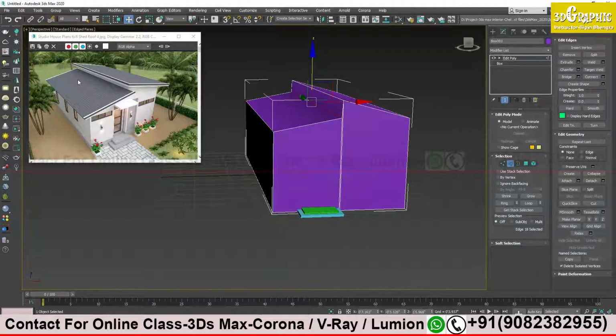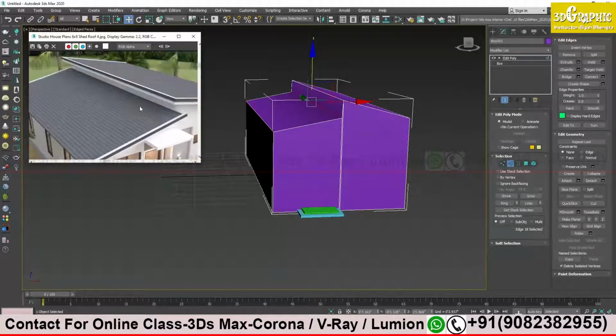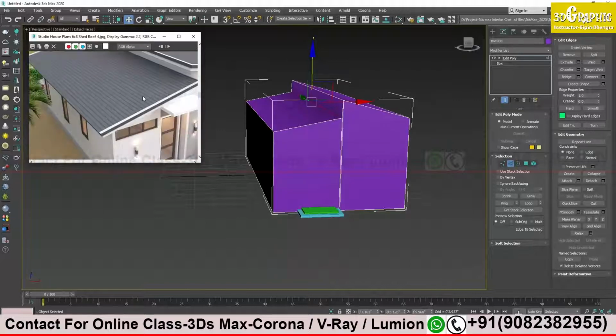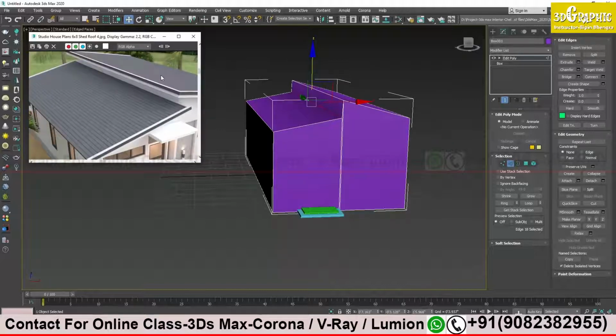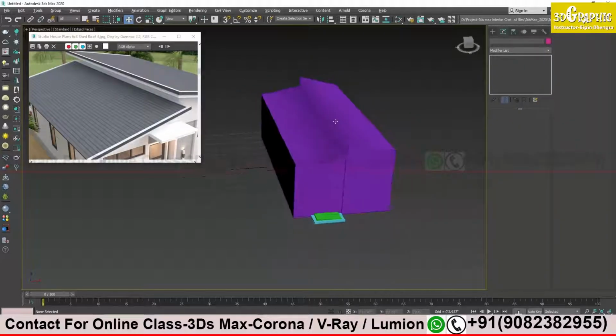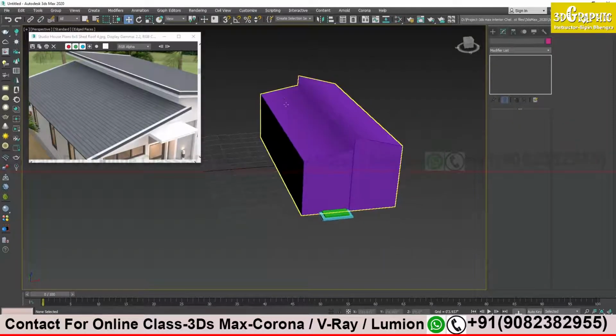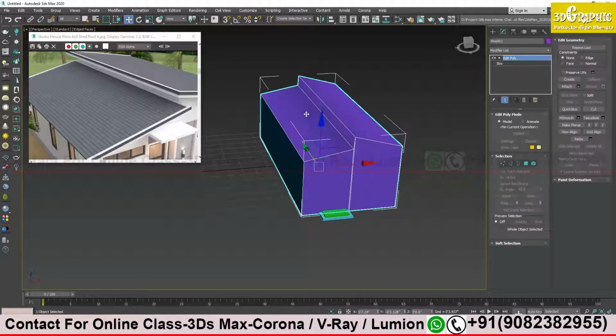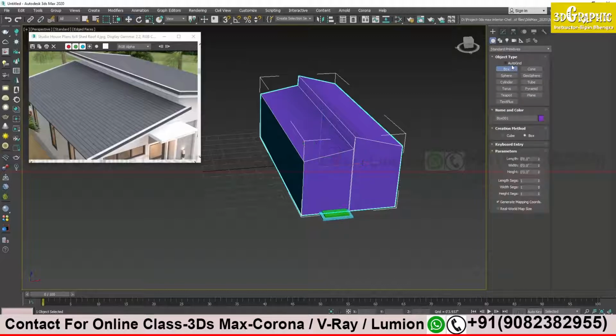Now to create the roof, I can create another box, and that will be fine, because the material applied is different from my wall, the black kind of tiling is there, so it will be helpful for me if I create a separate one. I will come out of edit mode, click over here. Now I have to create a box on top of my roof, so I will click my object, go here, click on box and auto grid. Remember auto grid? It is very helpful.